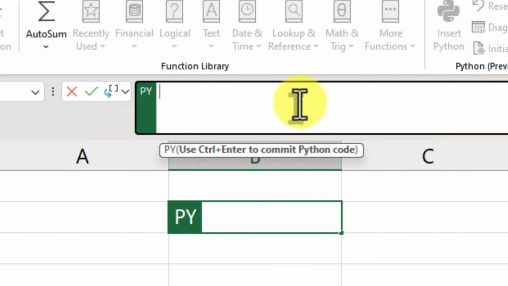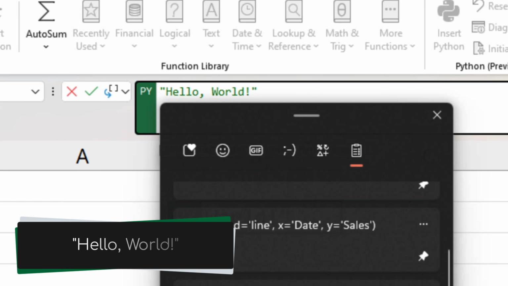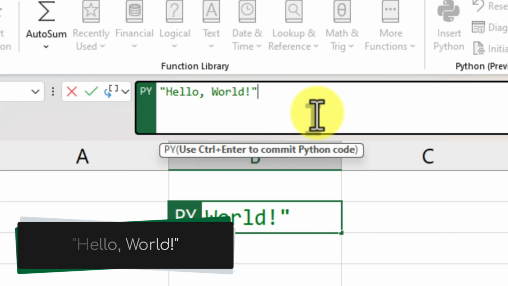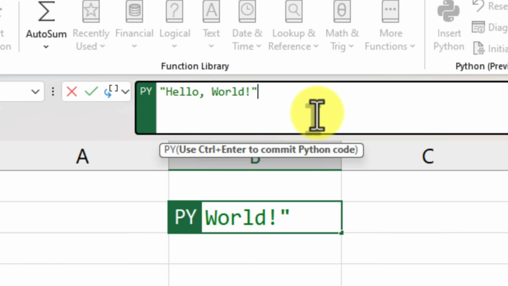Let's put our newfound Python powers to the test. It's time to write our first line of code. In the programming world, it's traditional to start with a simple program that prints the message "Hello World." So that's what we're going to do here. Click into any empty cell on your spreadsheet and activate Python mode using either of the methods that we just went through. Then, in quotation marks, type the following message: "Hello World."